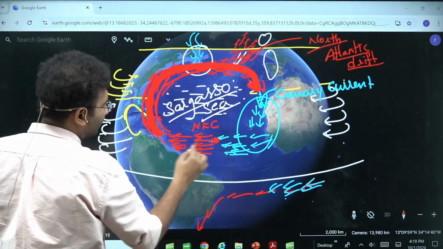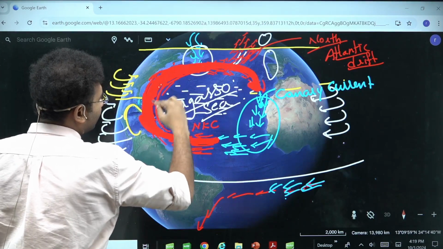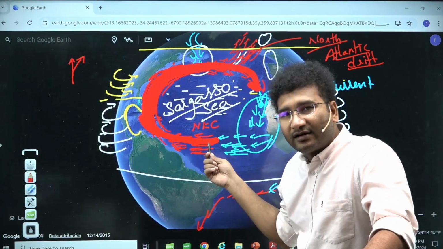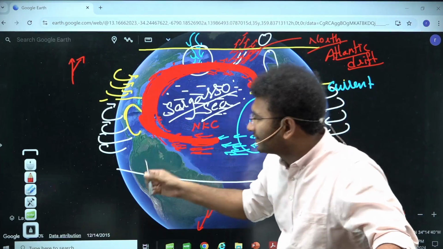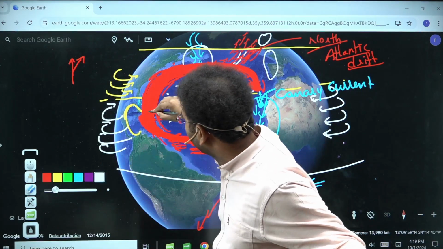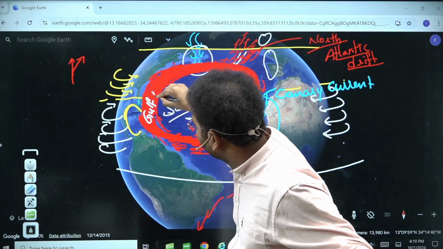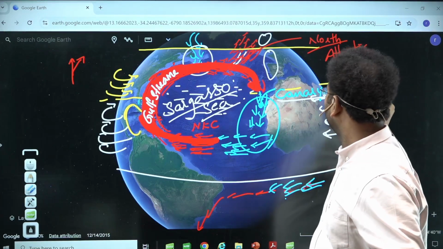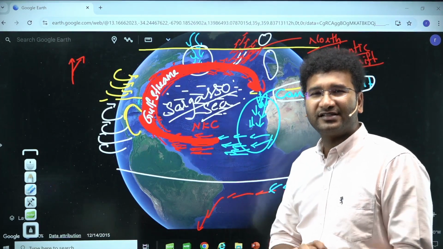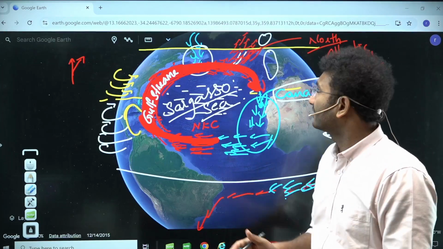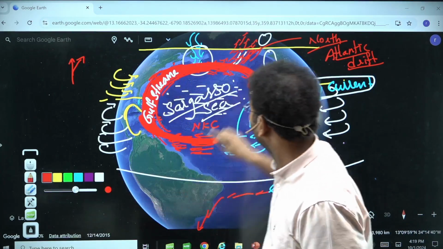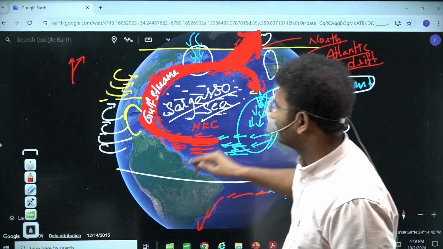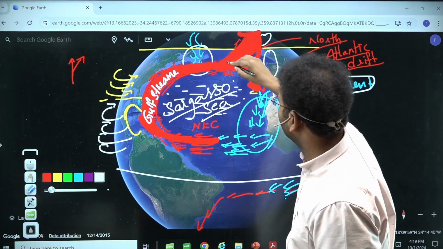Now in this manner, look, this is your current. This is North Atlantic drift. This is North Equatorial Current. This is Gulf Stream. And this is Canary Current. So the names of the currents are just the places which are present next to each other. This is your North Atlantic drift. It is going to the polar region. So they are drifting to the polar region, so this is called North